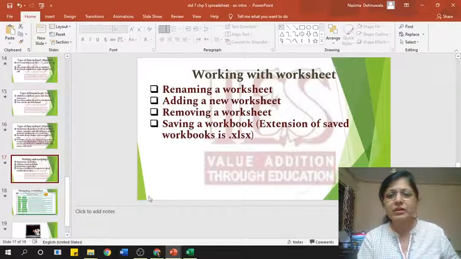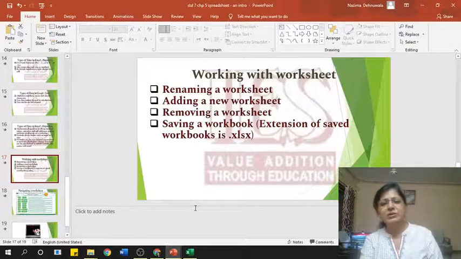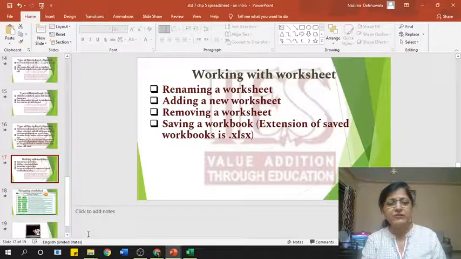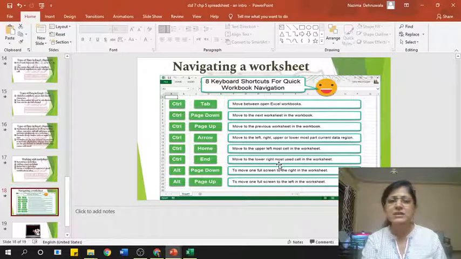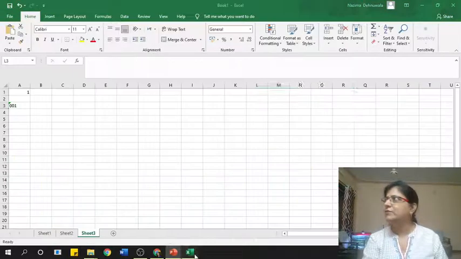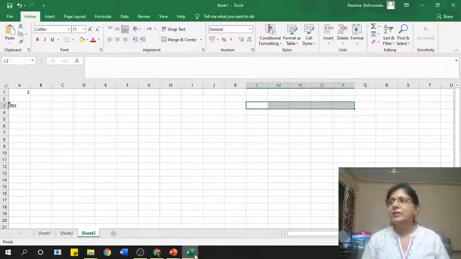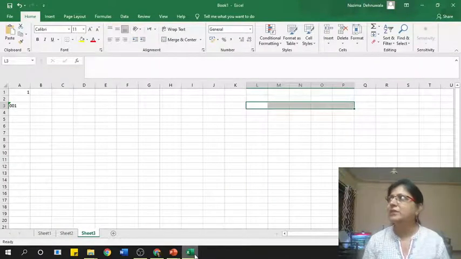Now, you can rename a worksheet, you can add a new worksheet, you can remove a worksheet, you can save a worksheet with an extension. Now these are some quick navigation keys which you can memorize. For example, you have control tab: if there are more than one worksheet open, then you can navigate between them using the control tab.